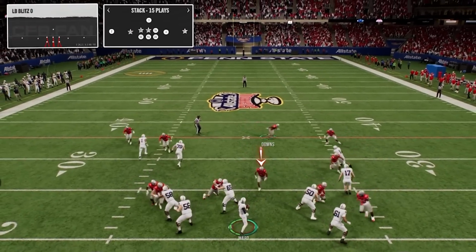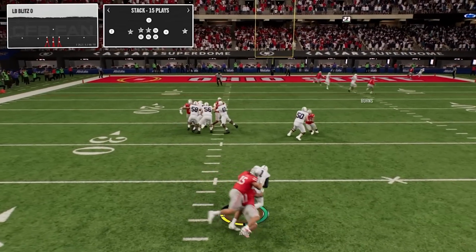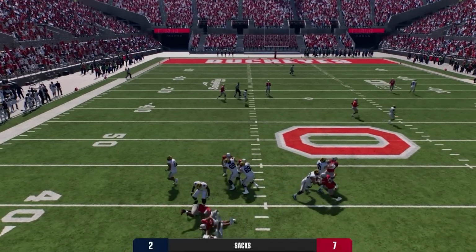Now, the first blitz we are looking at is LB Blitz 0. This is a Man 0 blitz designed to bring maximum pressure and can often get multiple free rushers if the offense sends all their players out on routes. Even if their running back stays in to block, this blitz will usually still get a free rusher in, making